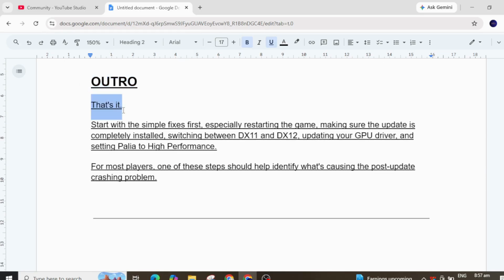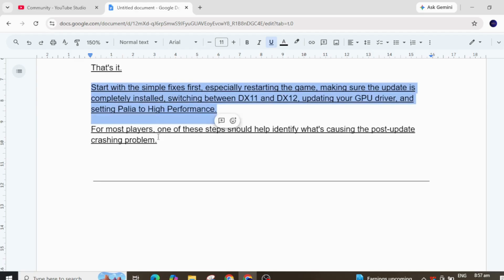That's it. Start with the simple fixes first, especially restarting the game, making sure the update is completely installed, switching between DX11 and DX12, updating your GPU driver, and setting Palia to high performance. For most players, one of these steps should help identify what's causing the post-update